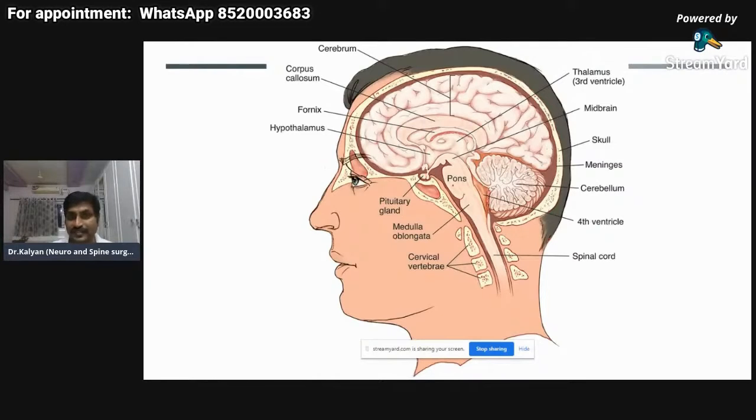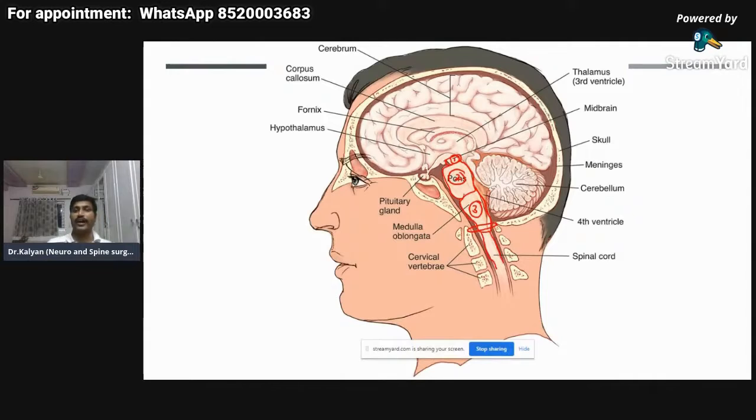We have seen in the last seminar that there are three parts of the brainstem. So what are the three parts? This part is the midbrain. This part is the pons. This is the pontine belly, and this is the pons. And this one is the medulla oblongata. So there are three parts of the brainstem: one midbrain, two pons, three medulla oblongata. And this continues down. This is the foramen magnum, which is the opening in the base of the skull. Through the foramen magnum, the brainstem continues as the spinal cord.